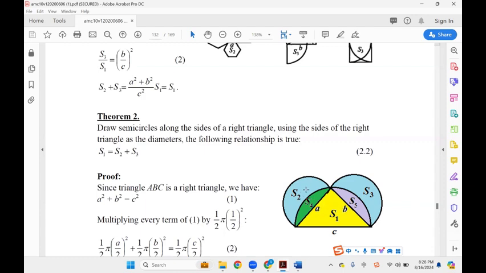And then this S2, it's like a part of this, like how to say it, this is a half circle, right? This is S2 plus S4, it's a half circle, and then S3 plus S5 is a half circle too. He wants you to prove that S1, this yellow 90° triangle area, is equal to S2 plus S3. So okay, since this angle is 90°, we can get A square plus B square is C square, and then